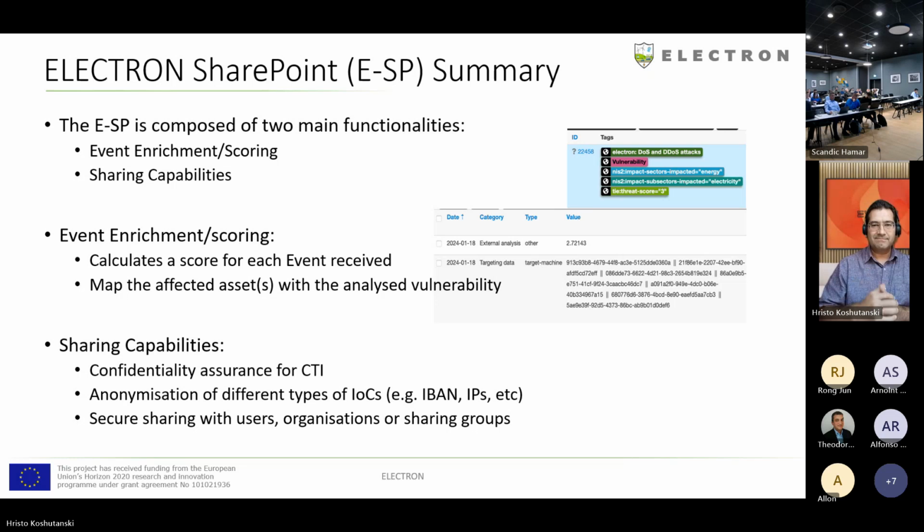Okay, can you hear me? Yes. All right, thank you, Risto. All right, so let me carry on with the explanation of what is Electron SharePoint. As already explained, Risto,